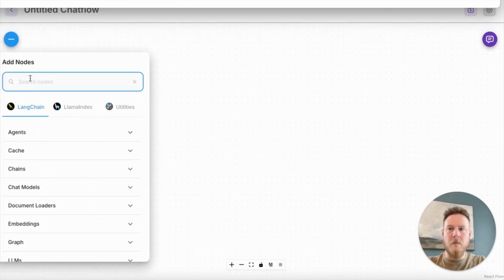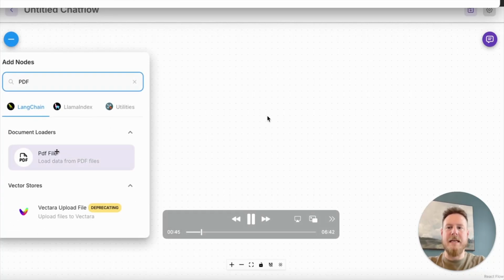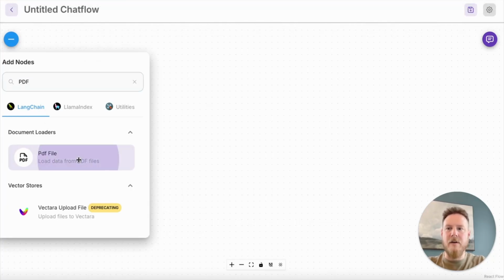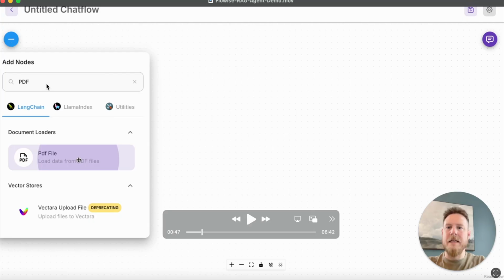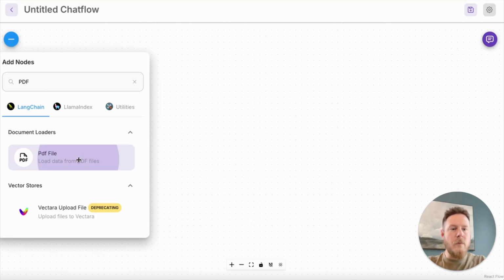To get started, we're going to go ahead and start with adding a PDF loader. You'll see this PDF file on the side if you click the add button and then search PDF. We need to first ingest our knowledge base. So I am adding a PDF file loader. I'm going to upload a PDF file called TechFlow, which is our fictional company's support knowledge base. It's basically a 10-page document covering orders, shipping, returns, billing, and troubleshooting. And this is exactly the kind of document that we would expect customer support teams to reference throughout the day as they handle incoming requests.